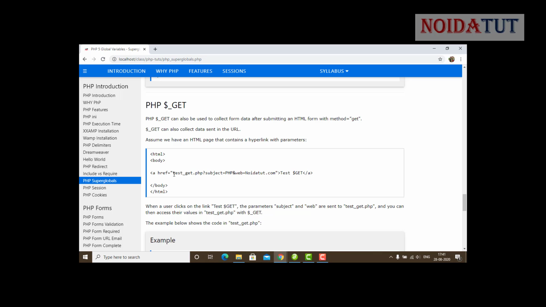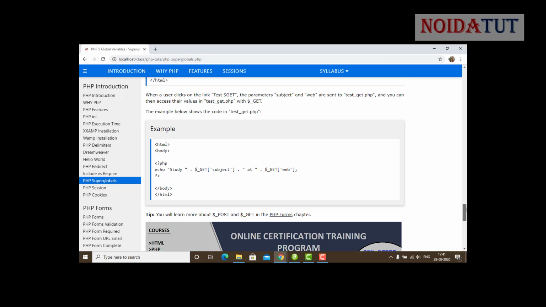Now this is just going to show you. We are going to show you here this way. Now let us see. The example below shows the code in the test_get.php.